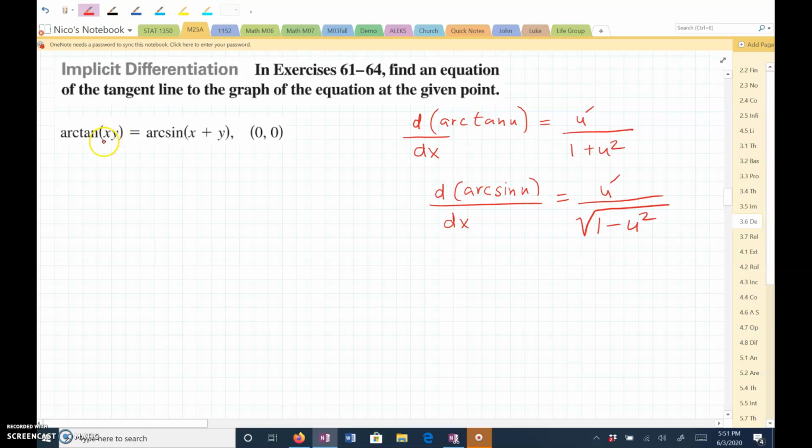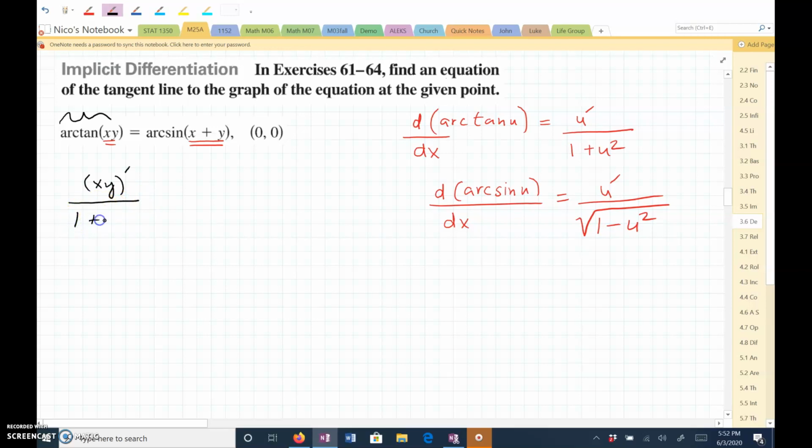And you can notice here that this is going to be an implicit differentiation situation because we got x and y on the same side of the equation. So let's try taking the derivative of arctangent of u. So u prime is, we need to take the derivative of x times y, which that's going to be the product rule,